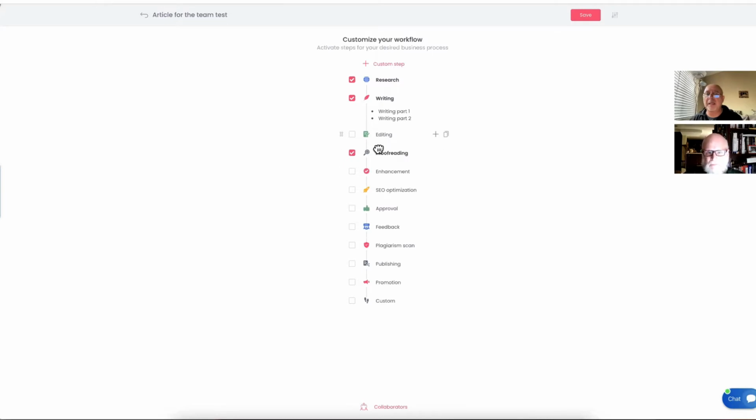Maybe I can do the editing after the enhancement. So I'm doing the enhancement after that. Enhancement means I'm going to add the images, tables, video, links, whatever I need. That's basically enhancement or enrichment, but I named it enhancement. Right. So let's say I need an enhancement and I need to do some editing after. Then they'll do the SEO optimization.